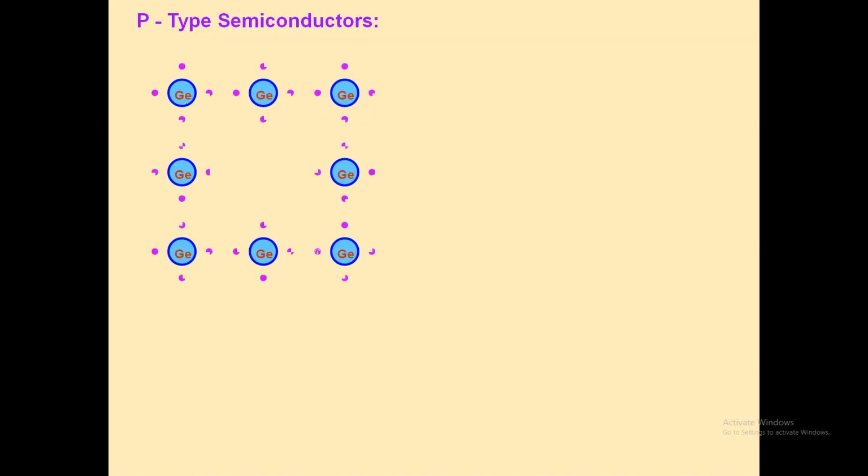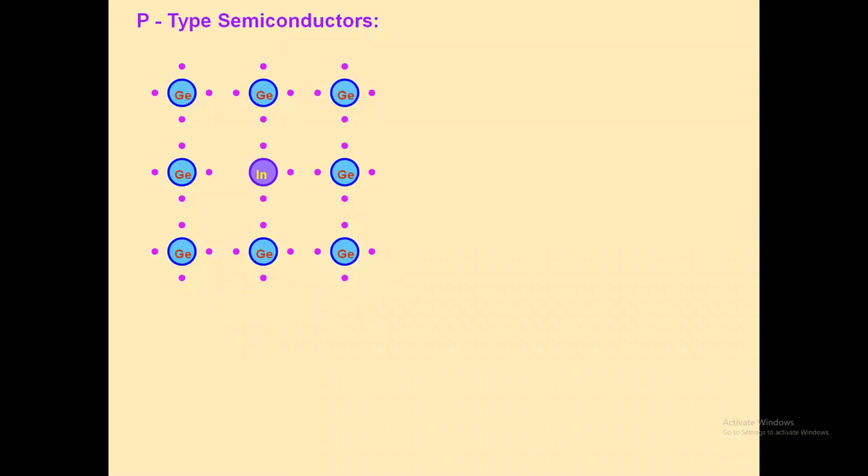Now see the second type of extrinsic semiconductor, we say that it's a p-type semiconductor. Now why is the p-type name given? If you consider the pure semiconductor, once again we consider the germanium atom of a pure semiconductor, there are four valence electrons in every germanium atom. And now when trivalent impurity, trivalent means what? 3 valence electrons in the impurity. Now here the indium atom is shown; indium is a trivalent atom having 3 valence electrons.